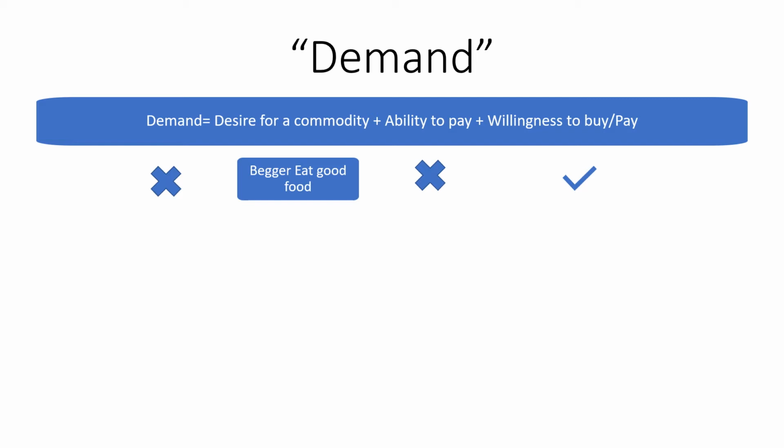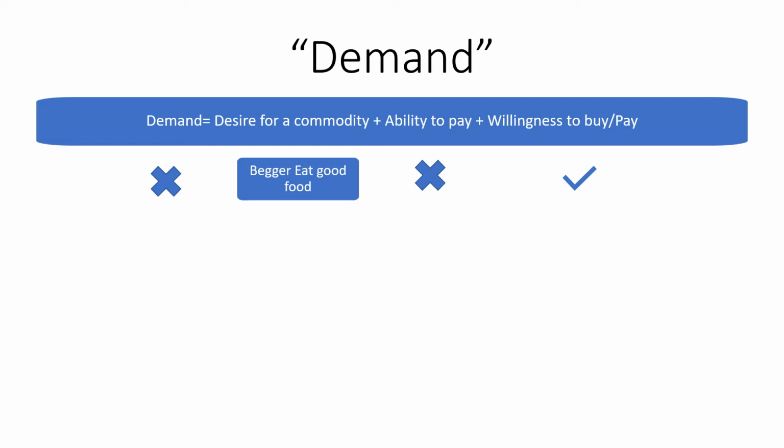Now what will this manager do? Will he keep that car for me? No. If any customer comes, he will sell that car to that customer. So tomorrow I become a company secretary. Then I will have a good amount of money in my savings account. Now I go to the showroom and tell the manager, earlier I told you I will come and purchase this BMW car, so now I have come here to purchase the BMW car. Now will he give it to me? Yes. Why? Because there is a desire for a commodity, there is the ability to pay, and there is also a willingness to purchase.